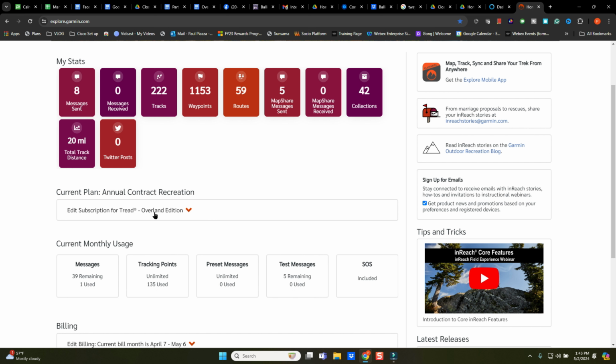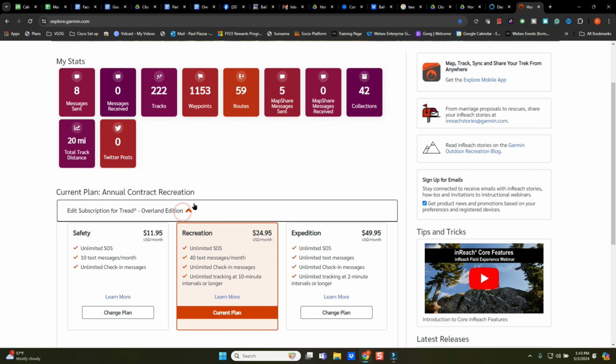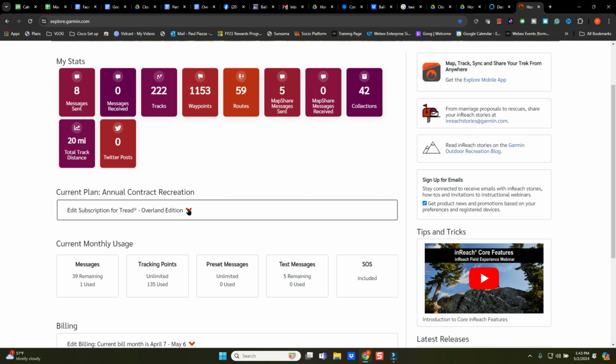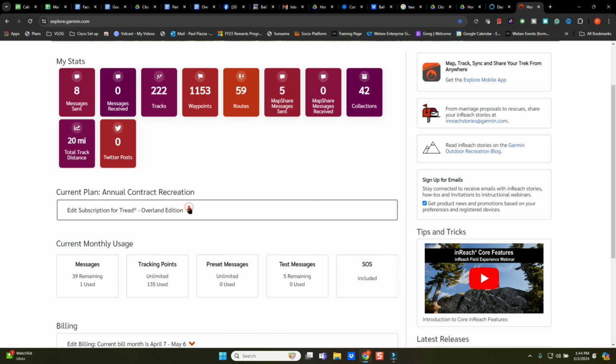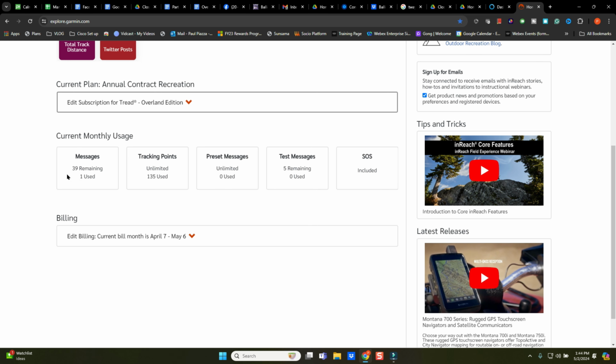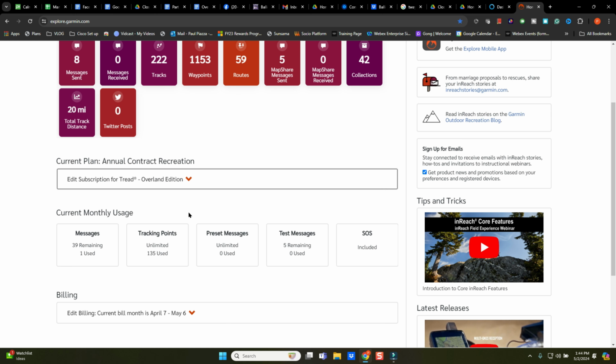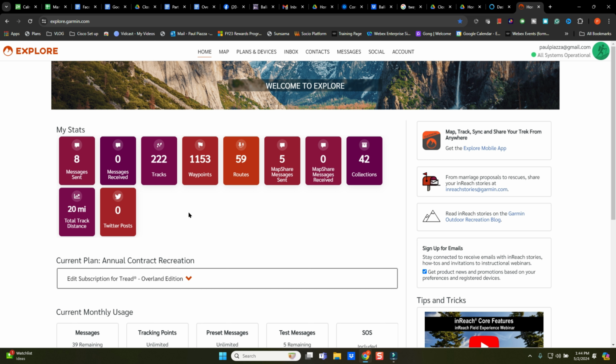You can see here I have my subscription for the Tread is the Overland subscription. That's what I have as my current plan. Here's your plans that you can have. In case you didn't know what those are, these are subject to plan change. I use the 24 a month mainly because of the unlimited check-in messages and the unlimited 10 minutes of intervals or longer. I like this a lot to be able to check in. I've thought about moving up, but the 2-minute really isn't enough for me to justify it. You'll see here, you can always see where you're at with your event, my billing period, etc. So that at a high level is what's on the home page.